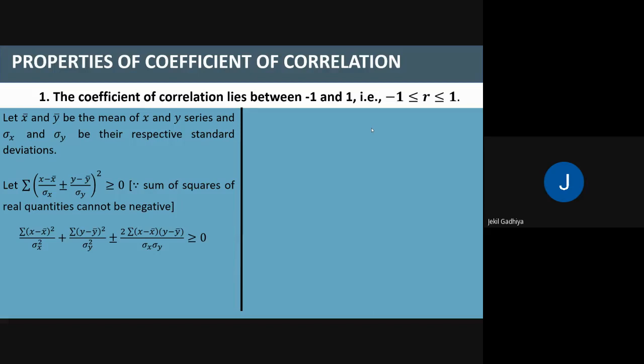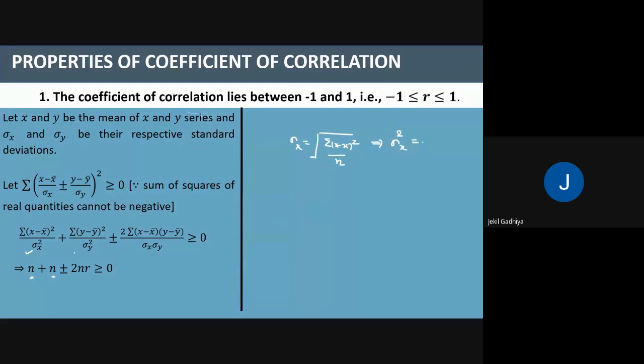So what is the formula of standard deviation with respect to x? Sigma x equals the square root of summation (x minus x bar) whole square over n, right? And similarly for y square. So if you replace this formula here, then you will get n plus n. N is from here and n is for the second term. Right? If you take a square on both sides, then you will get sigma x square